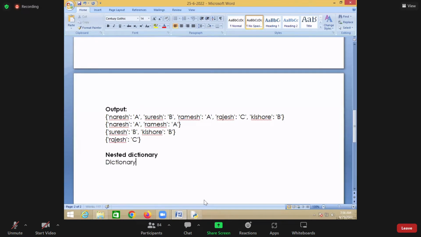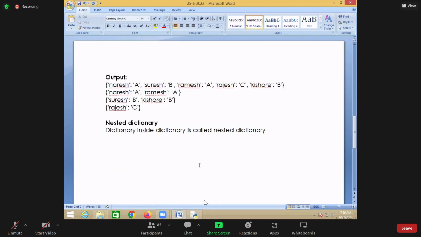So a dictionary inside a dictionary is called which one here? Nested dictionary. But actually we cannot write a dictionary directly inside a dictionary. If you write a dictionary inside a dictionary, it gives an error. To define a dictionary inside a dictionary,